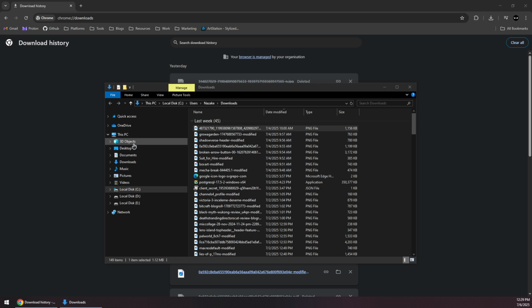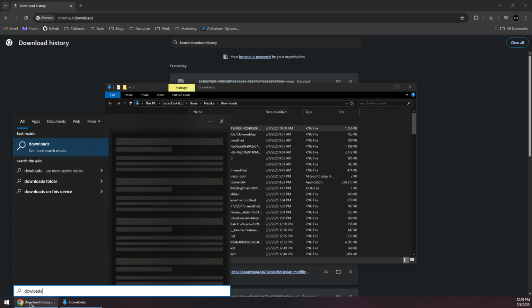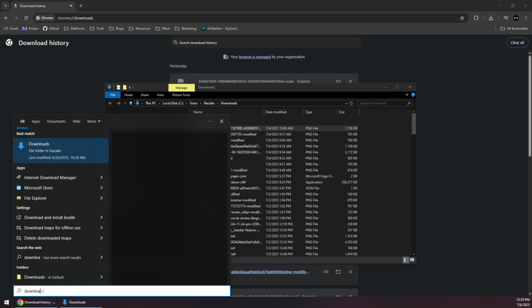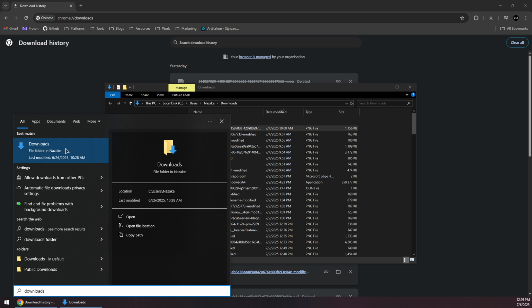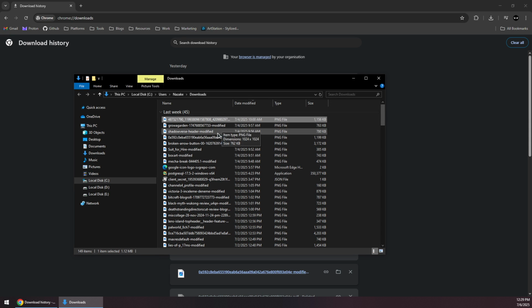So if you don't see the downloads folder from here under this PC, all you need to do is click on the start menu and then search for downloads like this, downloads, and it should open up this folder. You can open it directly and it will open up the downloads folder, and in there you can find your